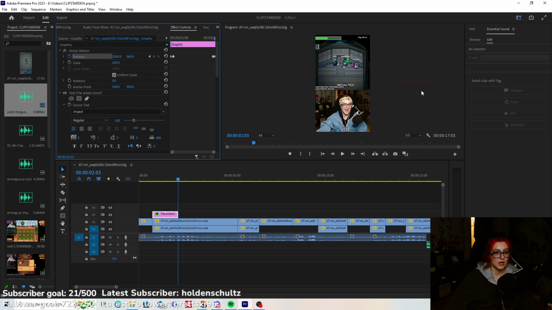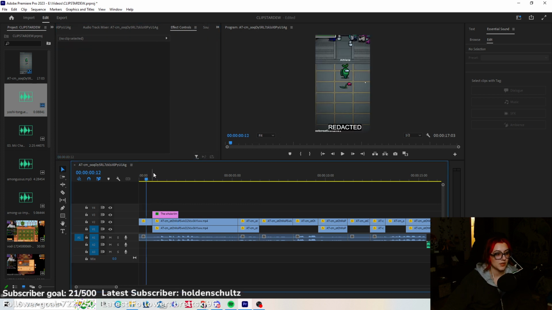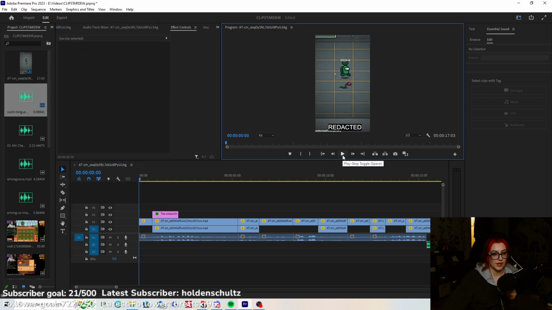You can do this with where something is positioned, if something goes from black and white to color, if you want something to zoom from 0 to 100. Basically, anything you're going to use is going to be keyframes to make a change. So now if we watch it back, it'll fly in and fly out.